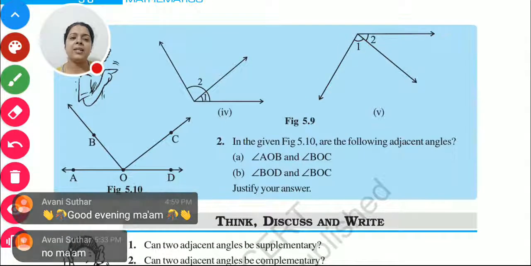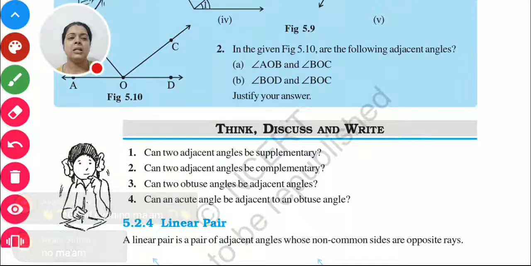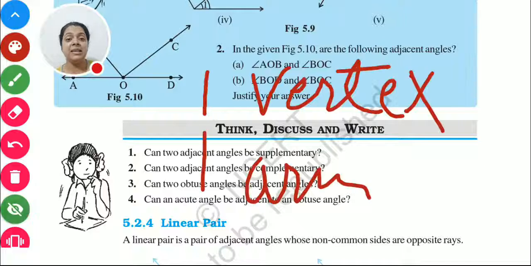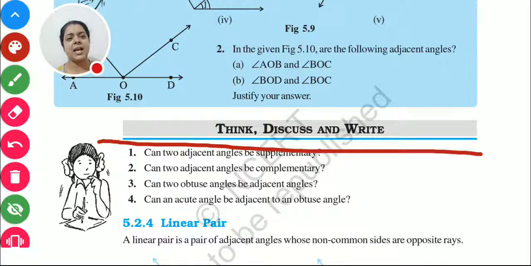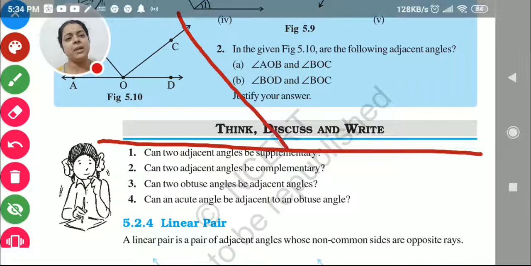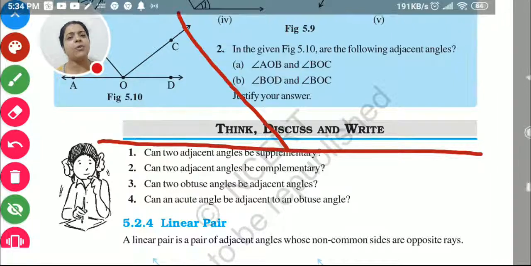So the question comes here: can two adjacent angles be supplementary? What does it mean? Let's see. We find two adjacent angles be supplementary. What does supplementary angle mean? It means 180 degrees, right? If I take a 180 degree angle and we make a common arm over here,